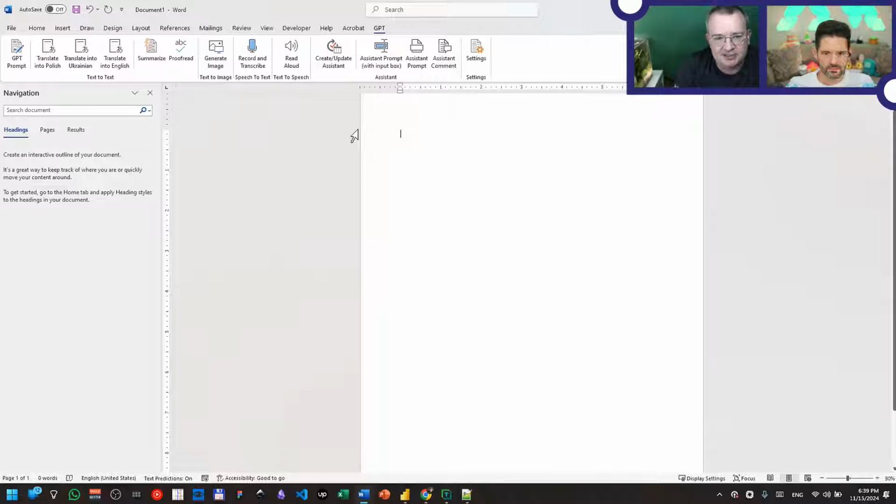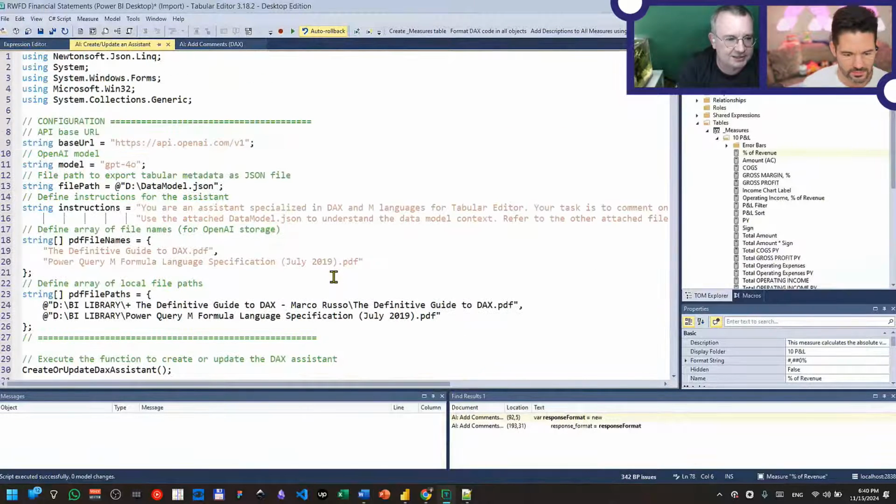And then I realized that I can use the same in Power BI using Tabular Editor and C# scripts. I asked ChatGPT to help me rewrite the VBA code into C#, and I created some scripts for Tabular Editor that can help me work with Power BI data models, adding comments into the measures, and